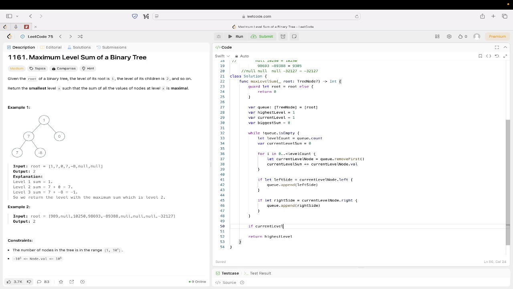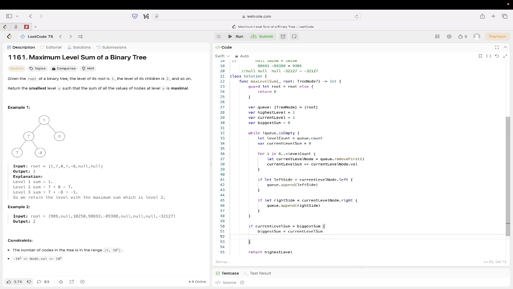Add in if our current level sum is bigger than our biggest sum, then we need to start reassigning sums. So our biggest sum is gonna be assigned our current level sums,